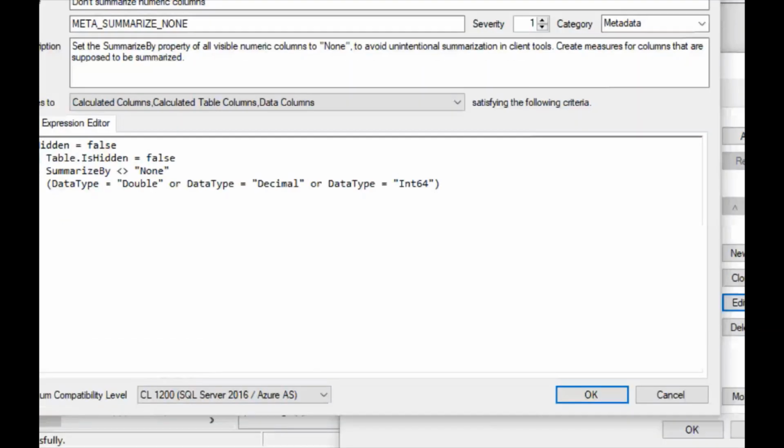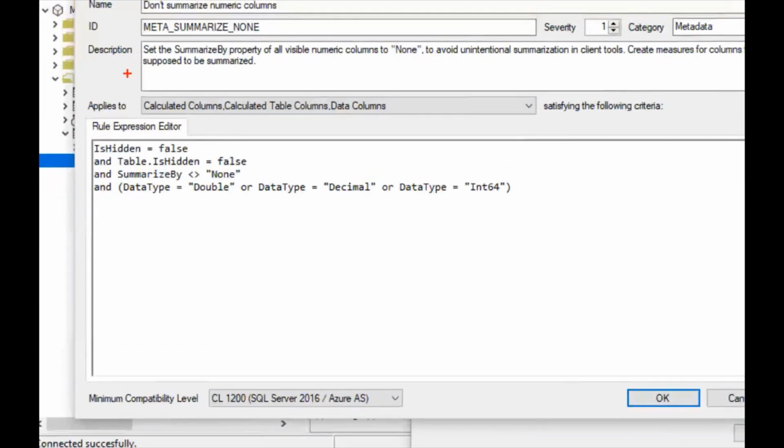So zooming in here. What you'll notice about this particular rule that I just demonstrated a moment ago is that it will only apply to columns of our model. So it'll apply to calculated columns, calculated table columns, and data columns. These are the three different types of columns that you can have in a tabular model. And we need to select all three